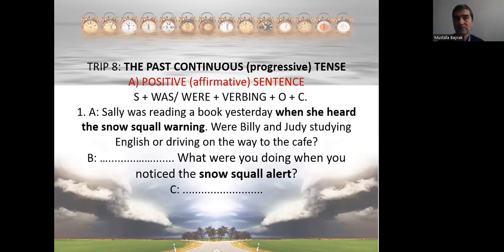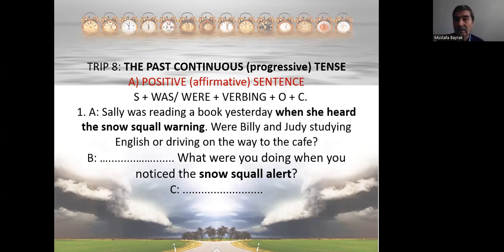Now, dialogue 1. Sally was reading a book yesterday when she heard the snow squall warning. Oh, it's clear. There's a complete message here. The main clause is Sally was reading a book yesterday. What was she doing? She was reading a book. When was she reading a book? She was reading a book yesterday, well, at 9 o'clock, or between 9 and 10 o'clock, or when she heard